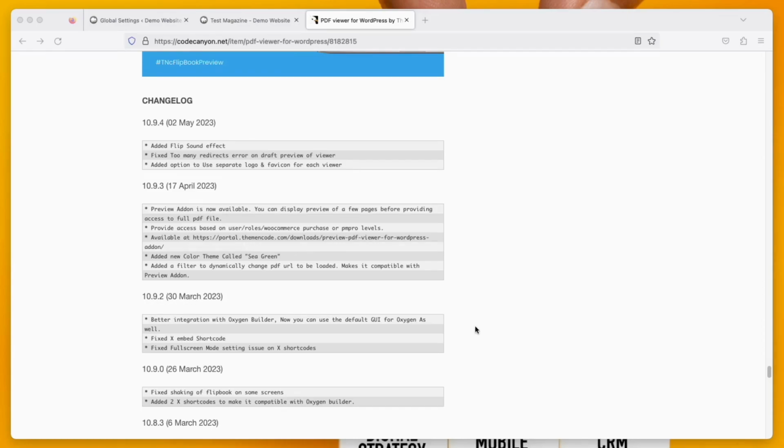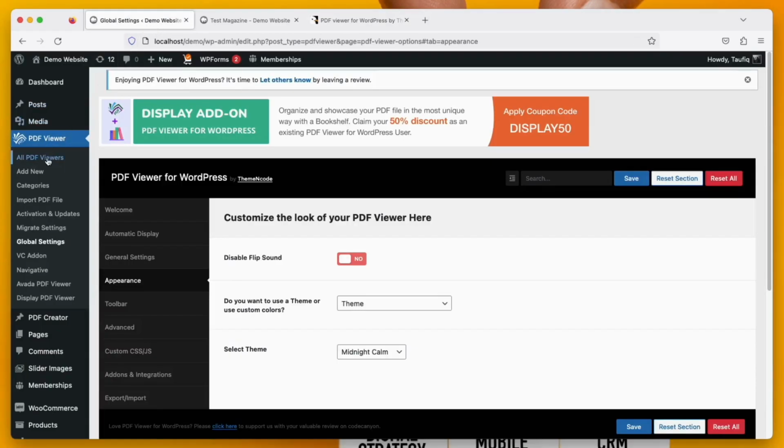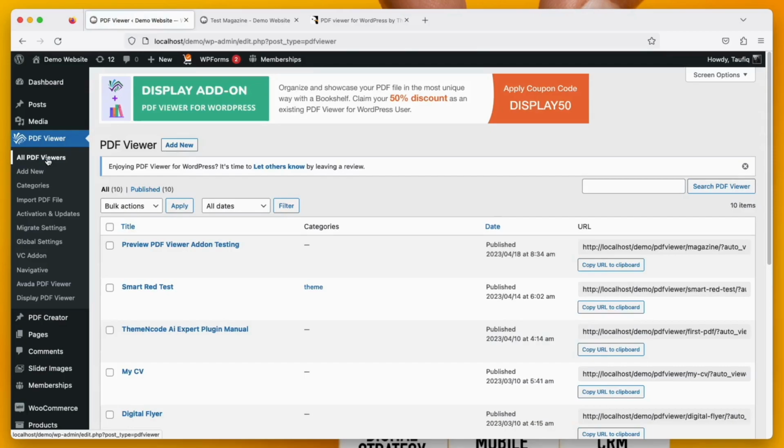The last update of this version that came up is that now you can use separate logo and favicon for each viewer. Go to PDF Viewer and then the Edit PDF Viewer page. You will see favicon and logo option in every PDF viewer. Let's click on Edit